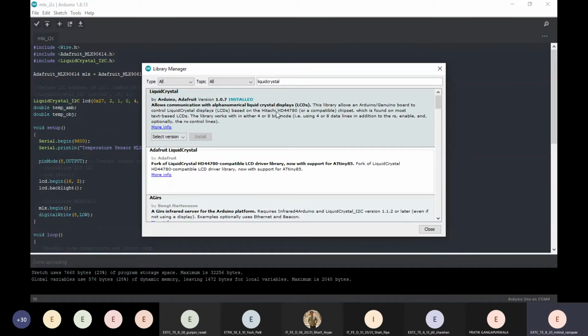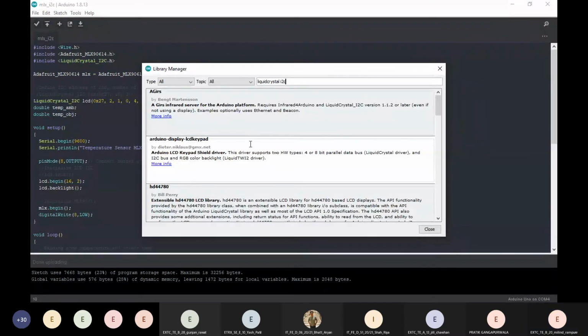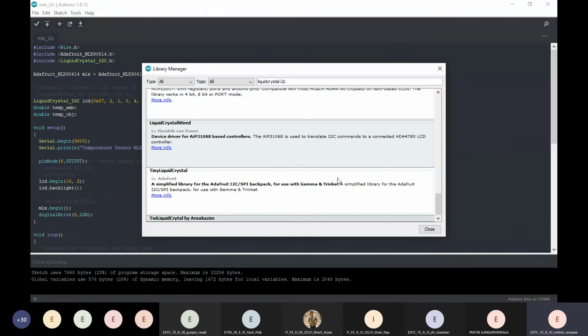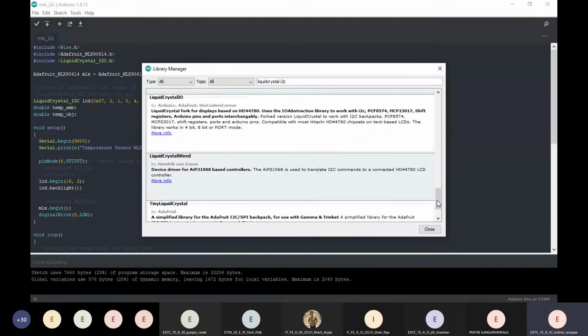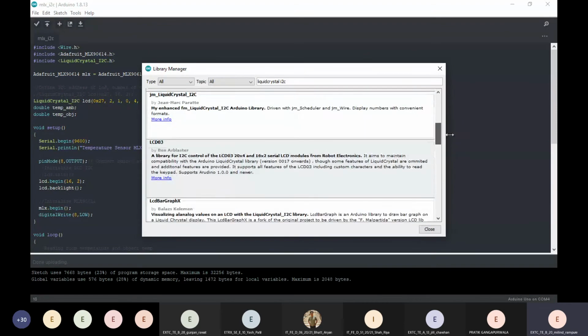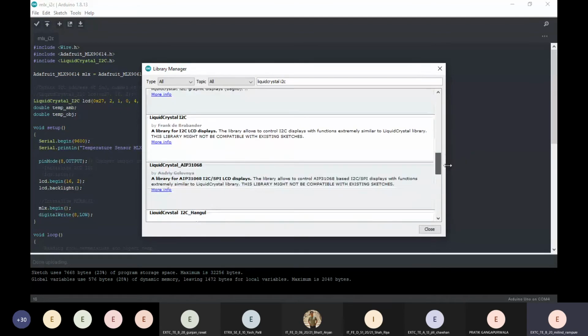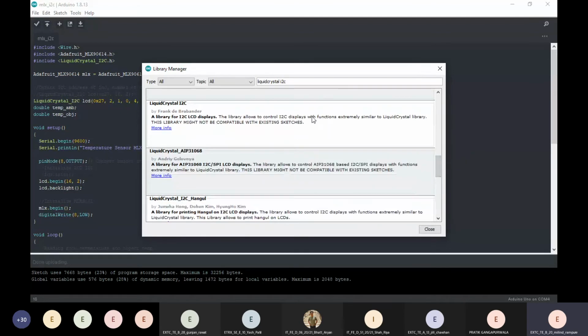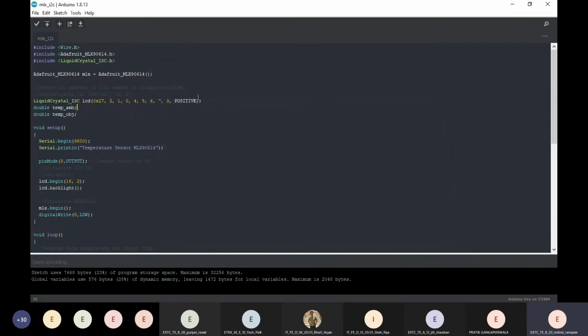I've already installed this LiquidCrystal for the normal LCD display. Now this is the library we are installing right now. Yeah. So now let's close.